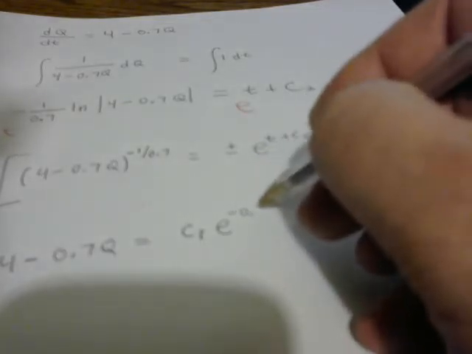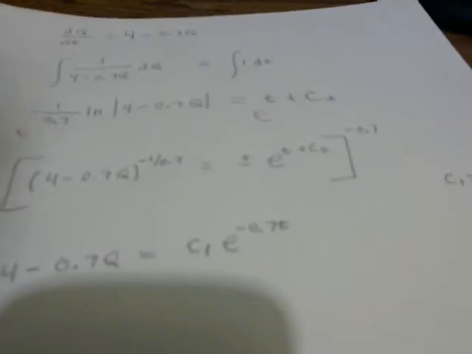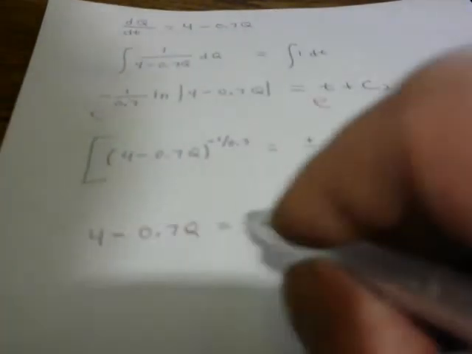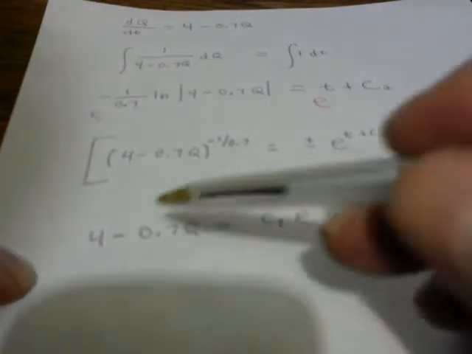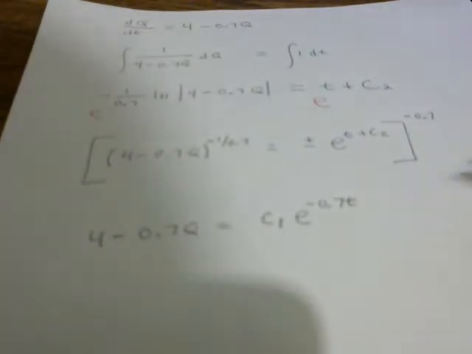And we see this expression show up here. And that would actually be our implicit solution. In order to get our explicit solution, we just need to do some minor algebraic manipulation. So we would subtract the 4 over, and then we would divide out the negative 0.7 to move it over to the right side. That is simple algebra, so I'm not going to do that here. But it would yield a general solution of